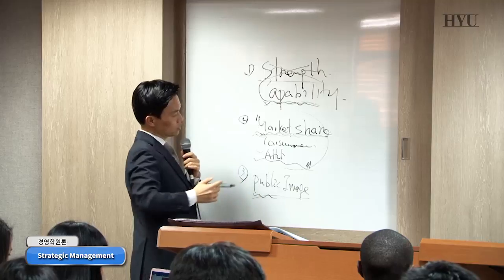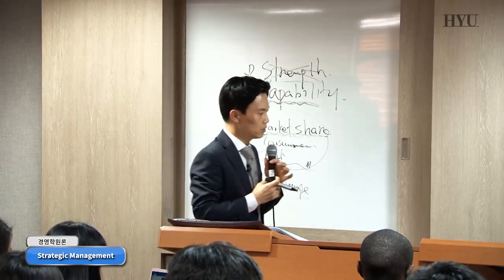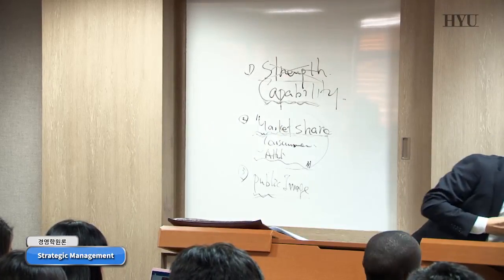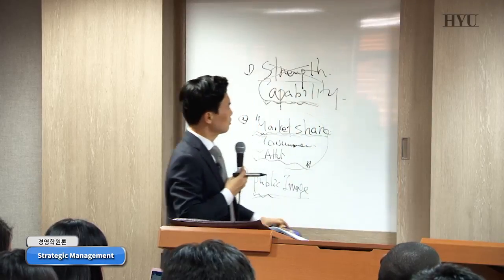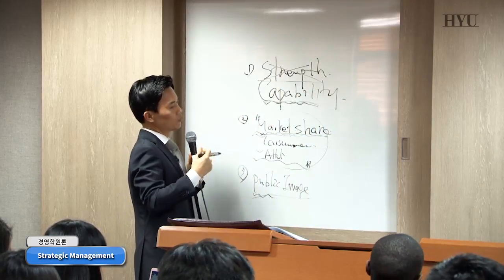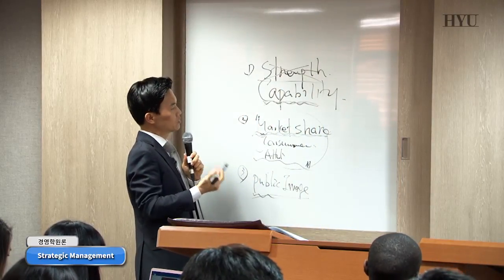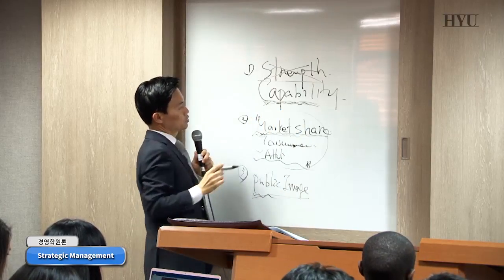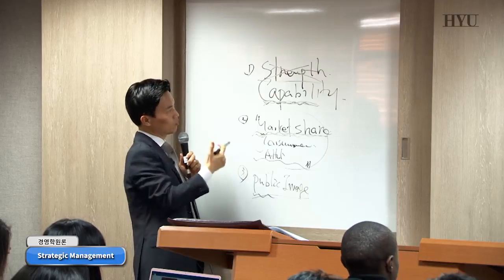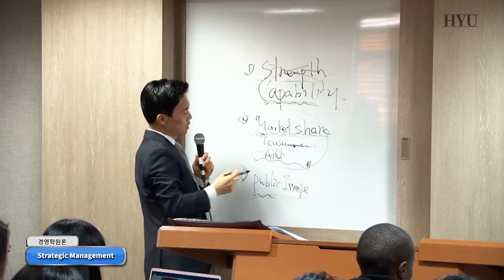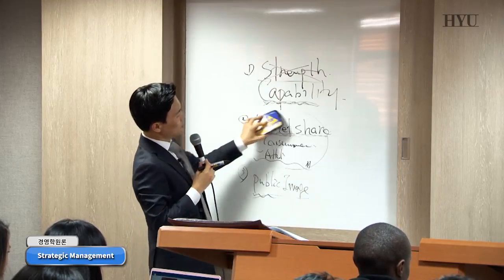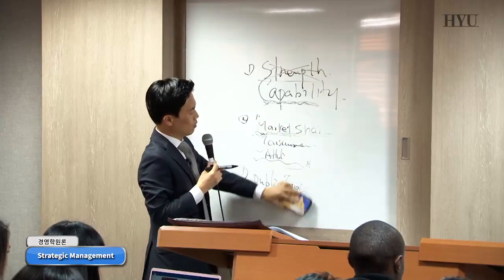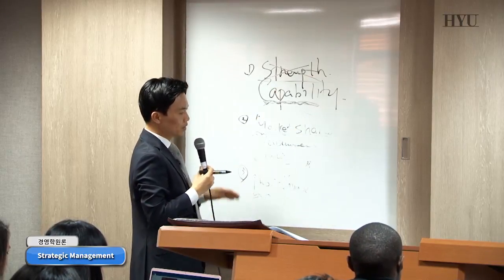All this is certainly essential. You shouldn't miss this one. But in management theory, we say that to analyze a competitor, the first thing you have to know is the competitor's capability. So we talked about what capability means. And the second thing you should know about the competitor is the competitor's